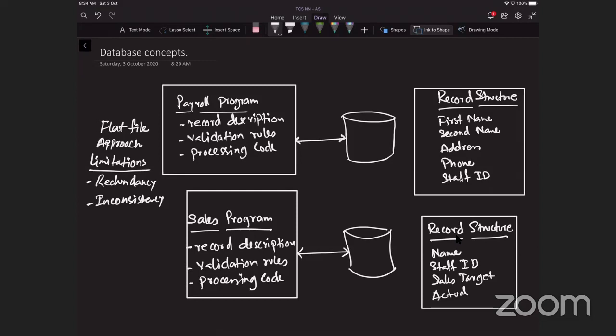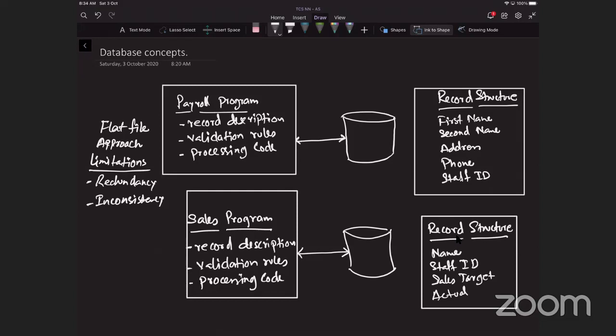There are more reports demanded, more inquiries programmed, then there will be the proliferation of the short programs, and if there is any change, you would have to change it. And those cannot be used by other programs because the underlying data structure for the same sort of data for the same company in different departments is different.